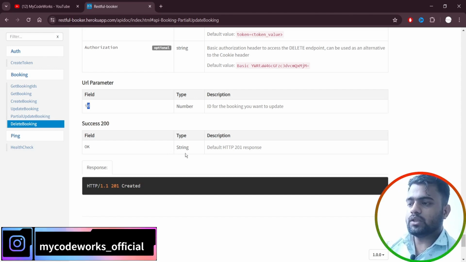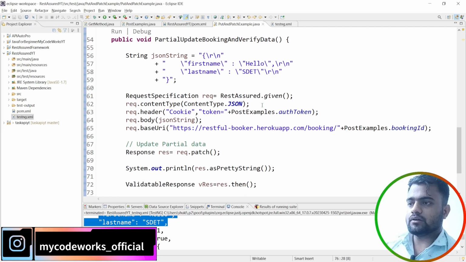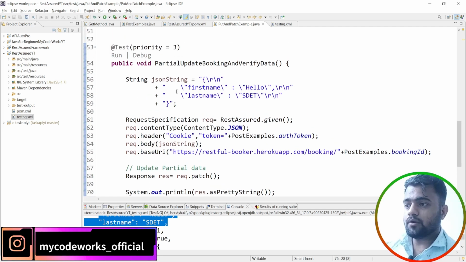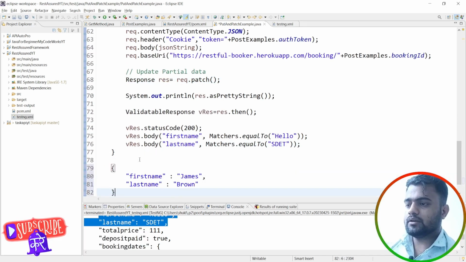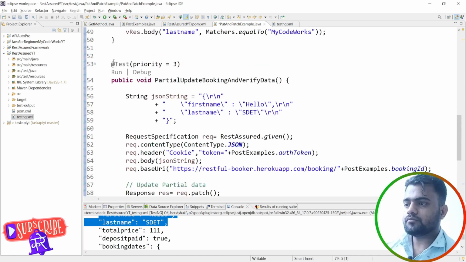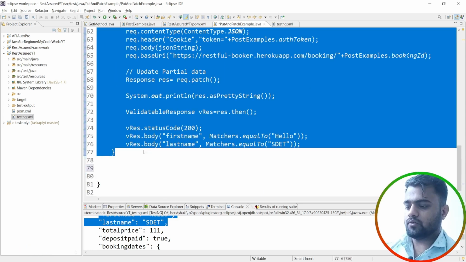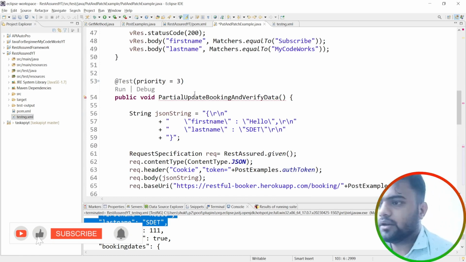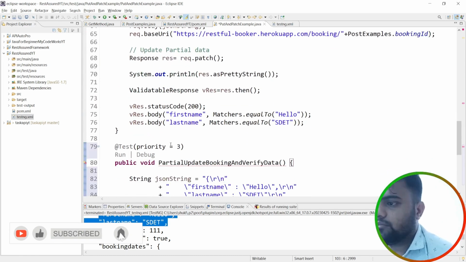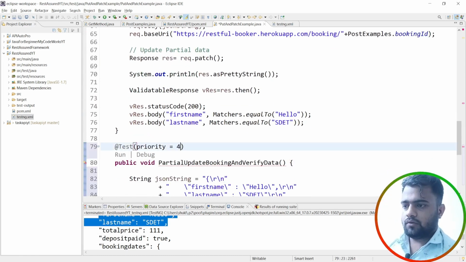Okay, so let's do one thing. Let's run, or rather let's delete the data. So what I'm going to do is copy and paste this again, or directly paste it here. Sorry, Control Z, and we'll edit it. I just need to update this partial update, right? It should be priority 4,